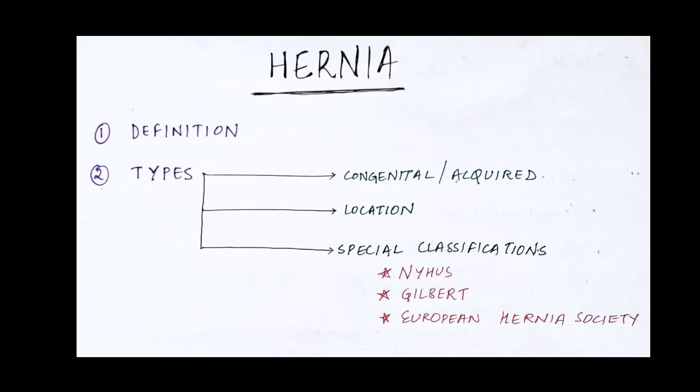So the way I like to understand any disease is to learn it under certain subheadings just to get it organized in our mind. So we're going to talk about it under definition, the types of hernia, the risk factors and etiology of hernia, what are the clinical features including symptoms, signs, and clinical examination, what are the complications of hernias, how do you diagnose and what are the investigations you need to do, and the treatment. At the end of the video, I'm going to give you a list of important questions that can be asked in the exam. So let's get started.